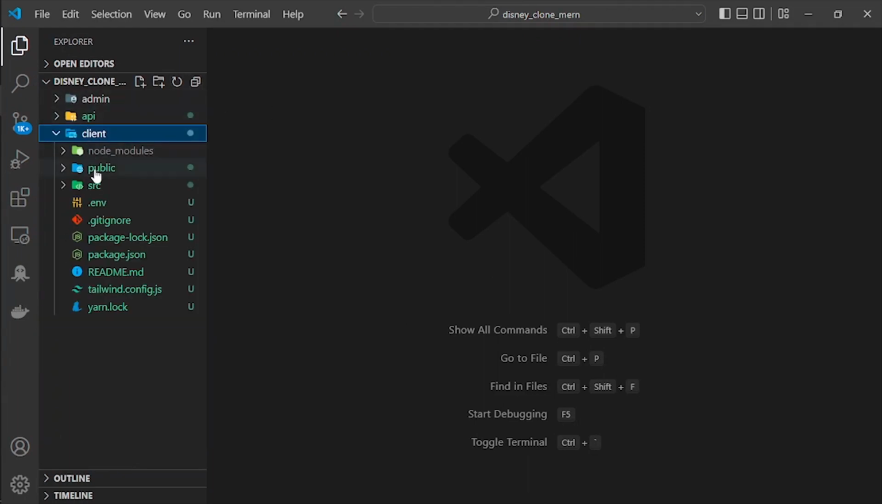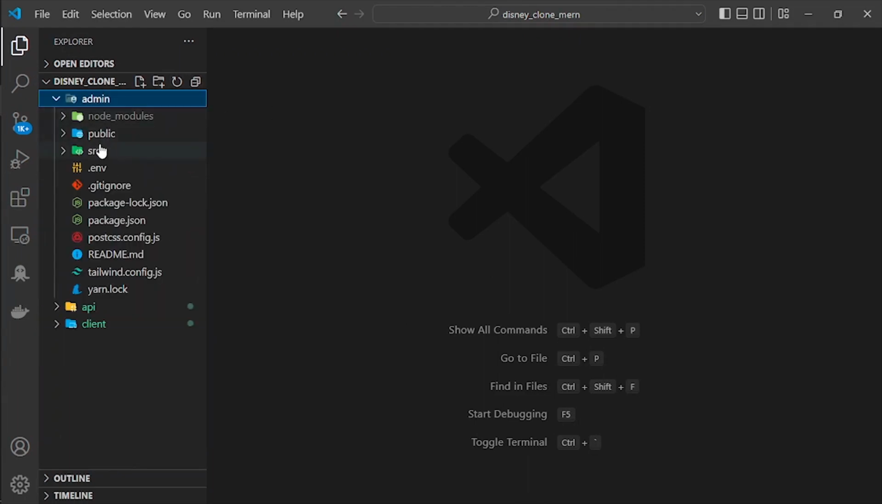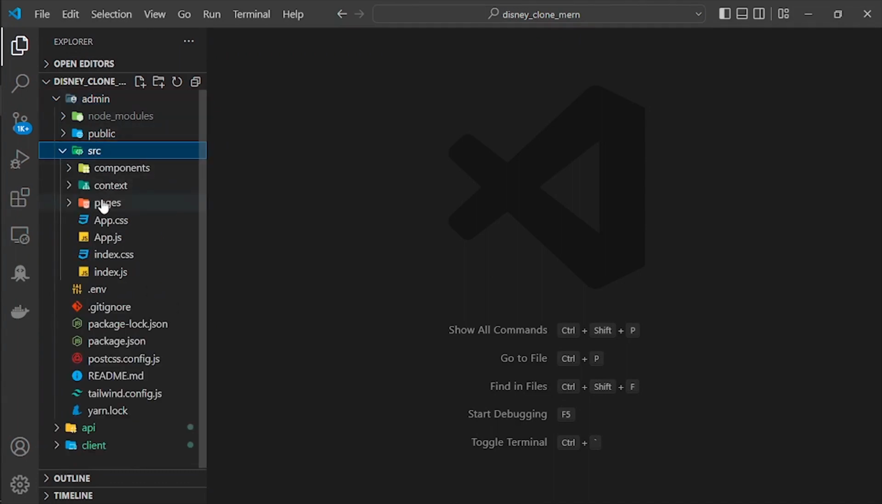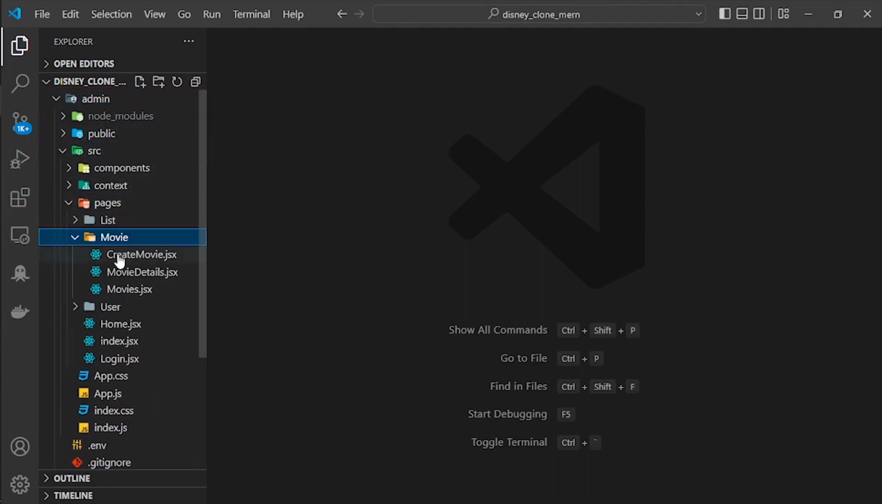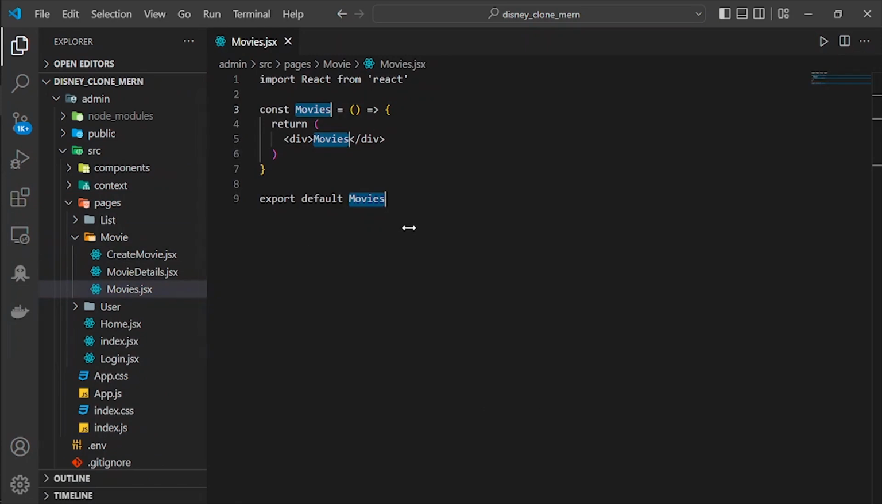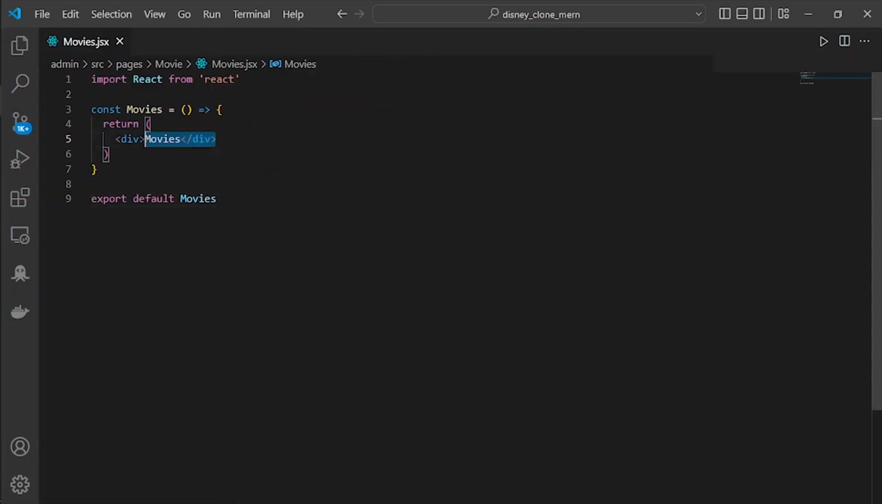we are going to the pages folder inside of the admin, and then open up our movies first in here. As usual, I will just change it to the React fragment. Save. So for the movies here, we are going to make some div inside of this React fragment, and then